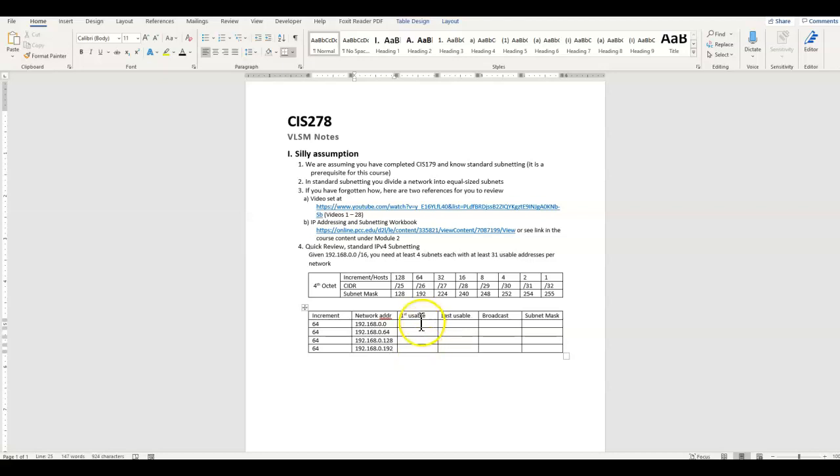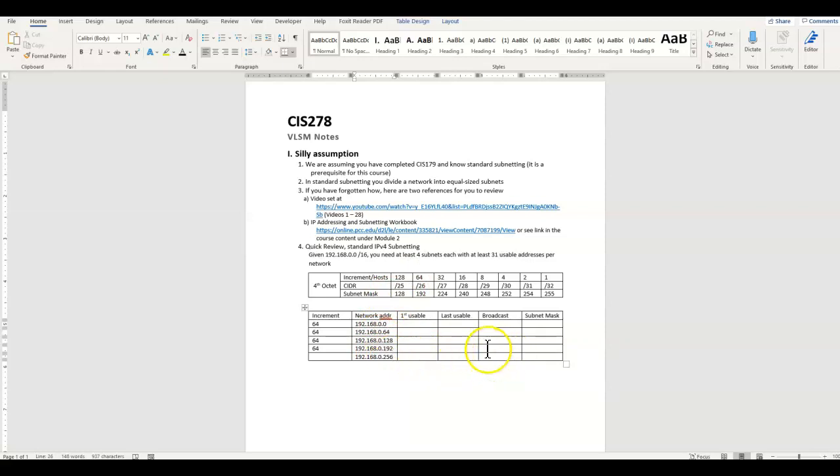And by the way, we could go one more, and I usually do go one more just for, I call it bookkeeping purposes, in order to find the broadcast address back here that we'll need. So that would be 192.168.0.256. Now, never mind that that's not a valid IP address. We're simply using it for purposes of getting this broadcast address. So if we could continue 64s, that's where we would go.